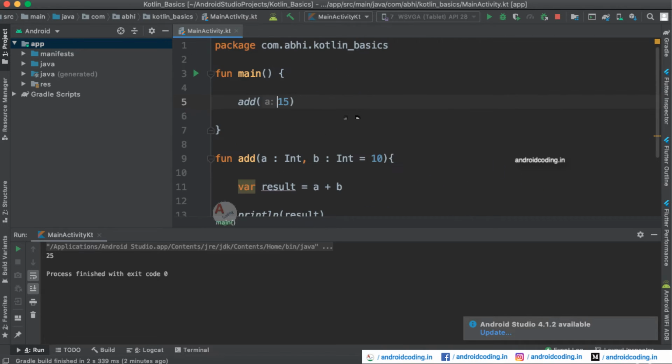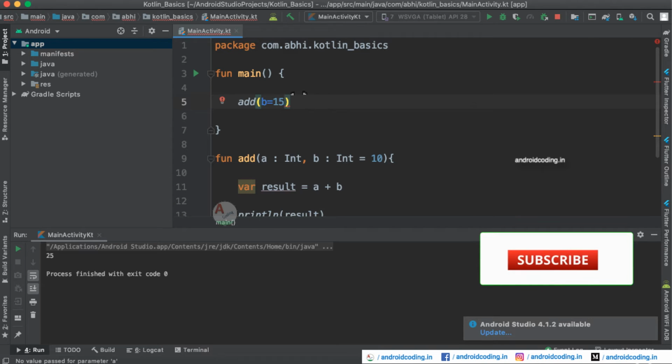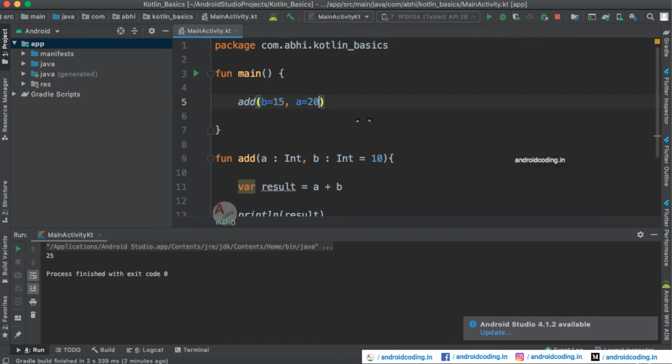The same way you can specify the name of the parameter here. For example, I want the value of b to be 15. So here I am specifying b equal to 15, and we are getting an error because it is asking for the parameter a. So also we can provide the value of a here, 20.